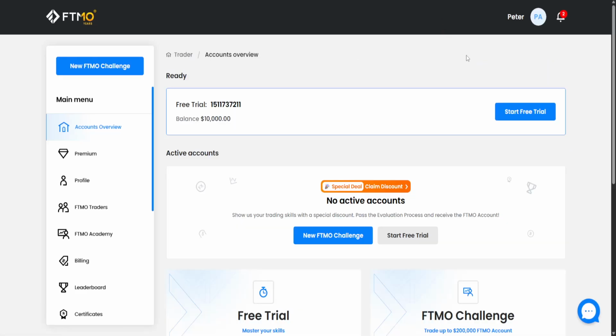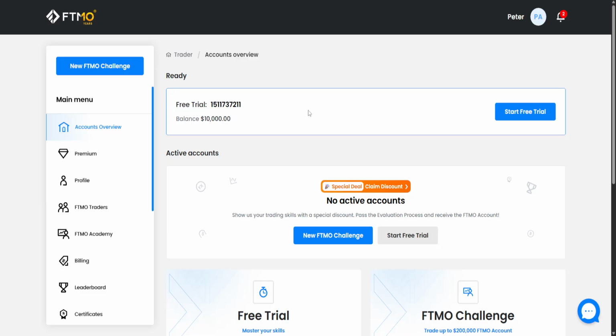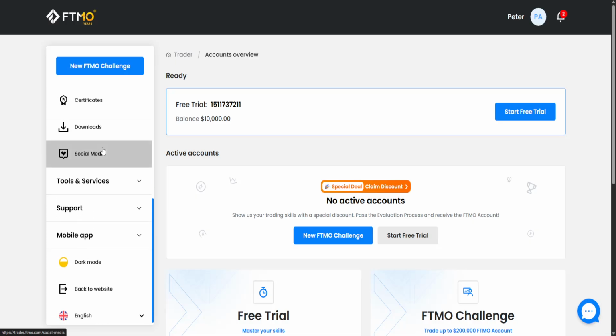It might ask you to log into your account, which has the free trial active here. So basically, you will get your free trial number right here. You want to right click and copy this. Okay, so once you have your free trial number copied, from the left hand side, you want to scroll down